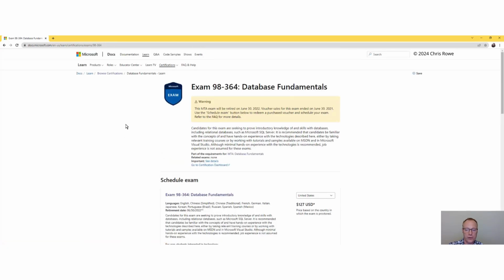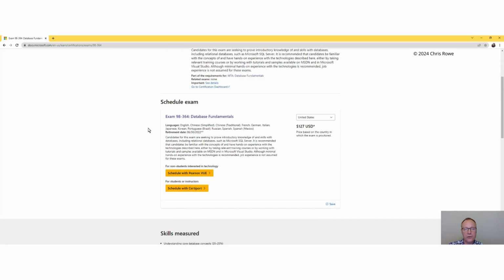you'll get your certificate. Now clicking on the exam will take us to the exam web page, and this is where you can actually schedule the exam yourself. From there you can select the 2 different companies which tend to handle the exam itself. I've used Pearson VUE in the past. I've never actually used Certiport, but with Pearson VUE I haven't had any issues. There's always test centers local to where I was, or I had to do a 15-20 minute drive to get there, and it's all good at the end of the day.